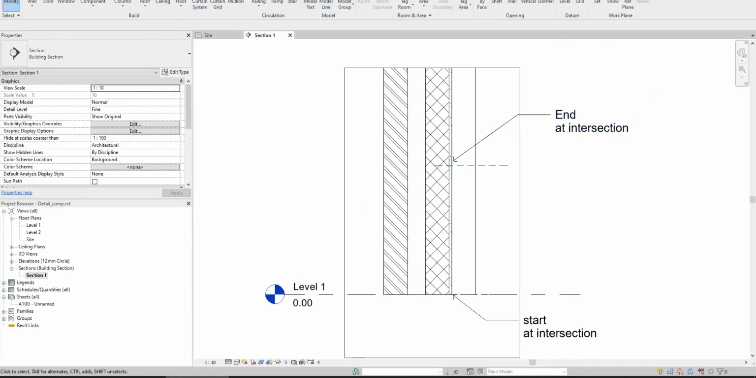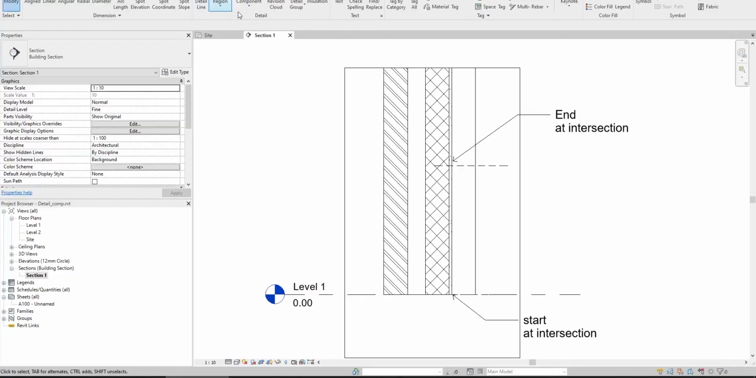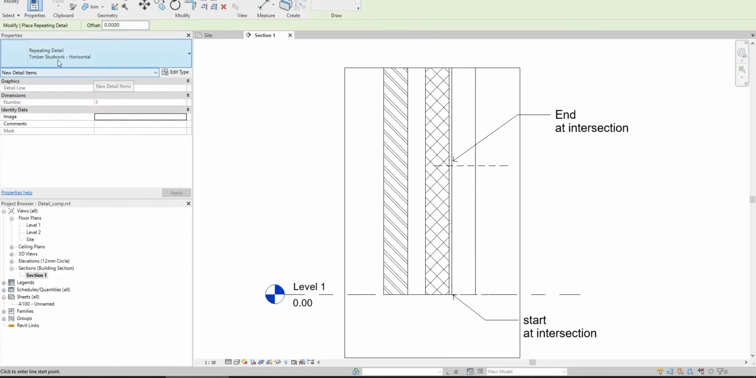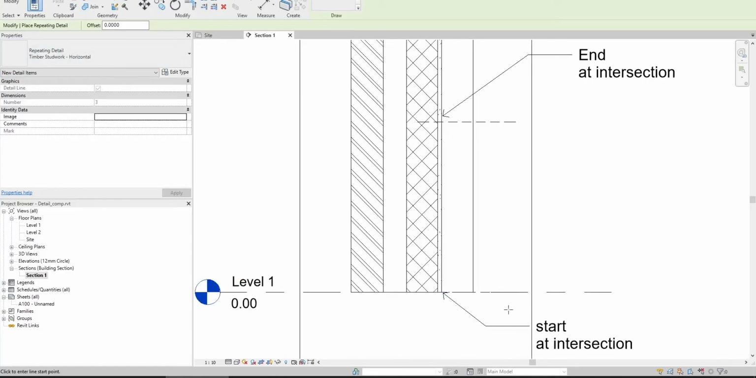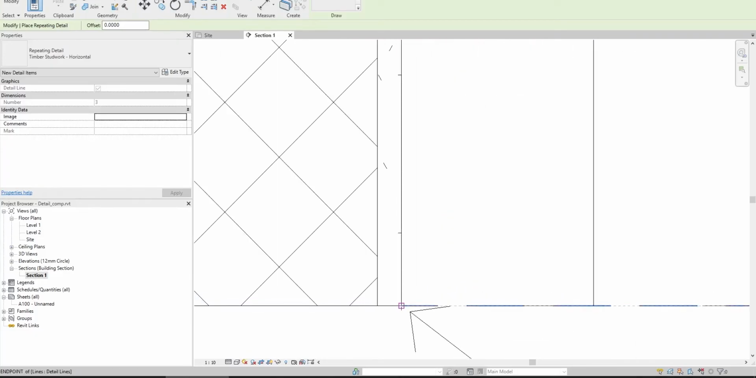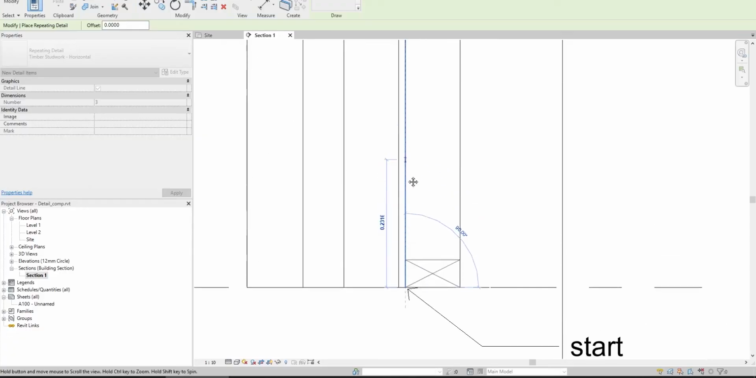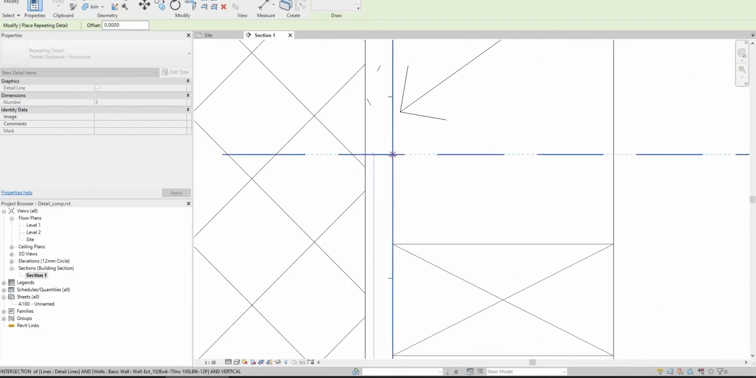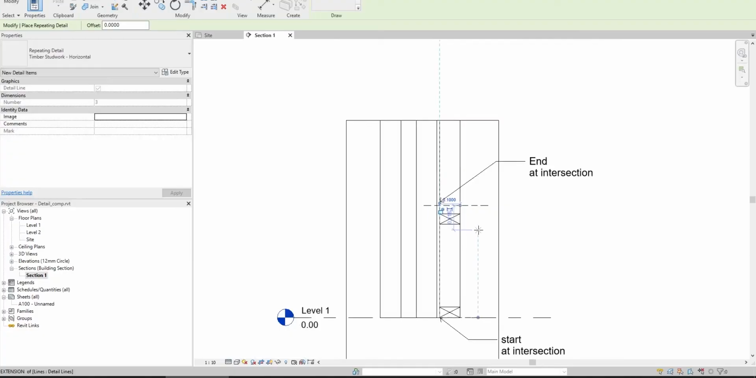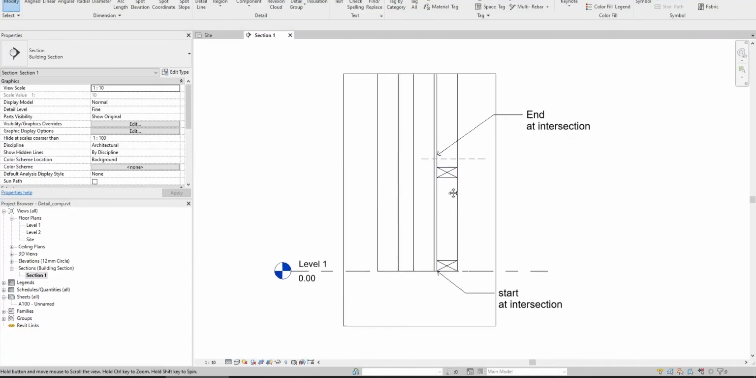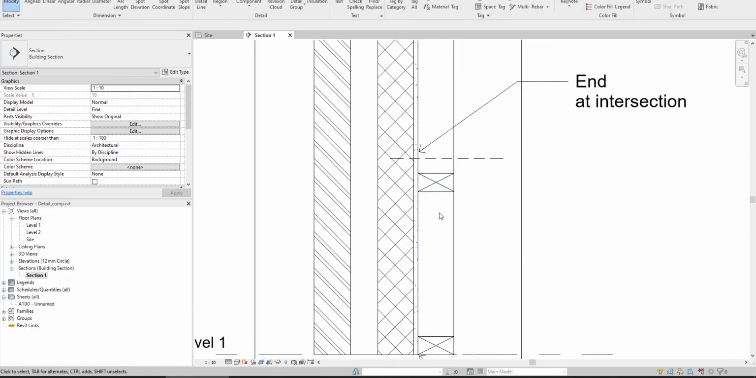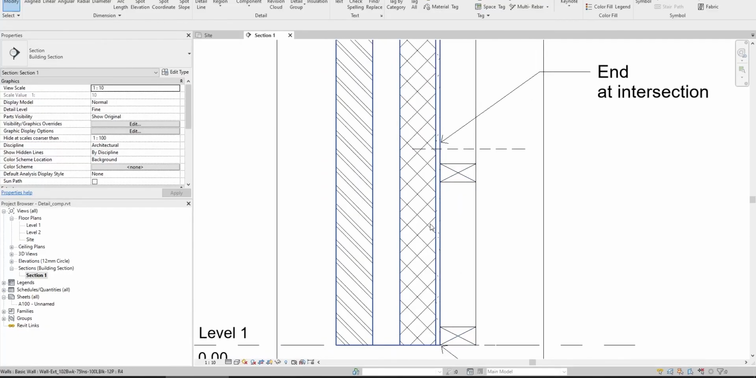So I'll go here to annotate and to component and repeating detail component. It says here timber stud work horizontal. Okay, I should start at intersection and end in this intersection. So that's the intersection, and I should end here. And I should get this distance,